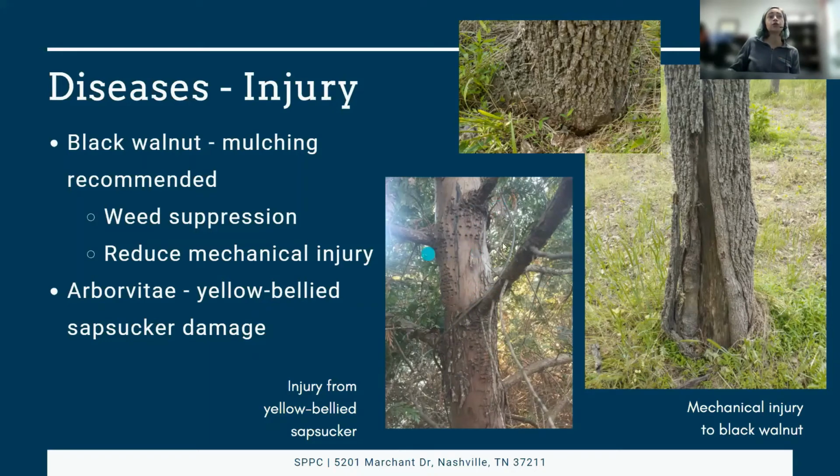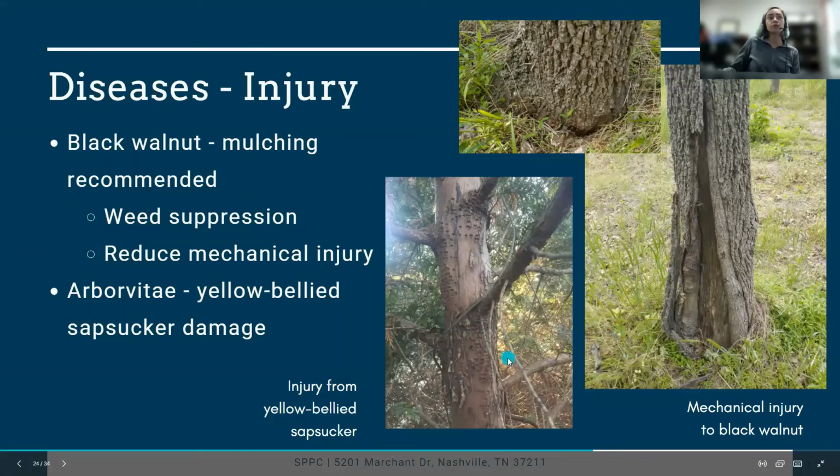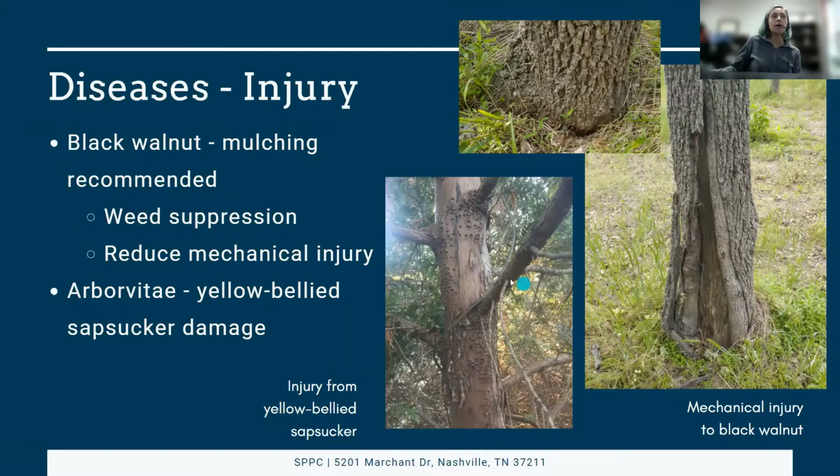So to protect our trees from this sort of damage, our trees will heal from these sort of mechanical wounds on their own. But one thing we can do to prevent things like sapsuckers from coming back is to cover these wounds when we know that they're going to be in our state. So from about now until June is a good time to cover these holes in our trees to prevent further feeding.